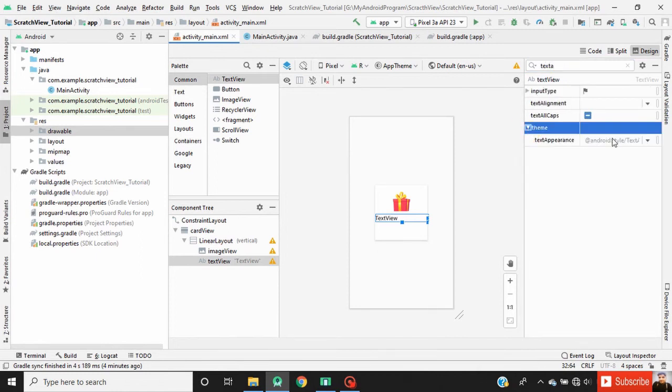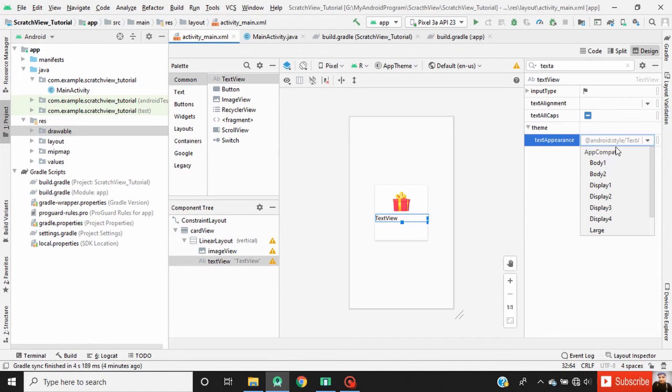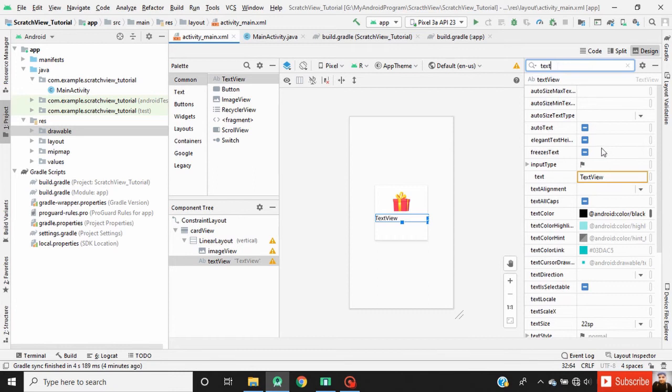Now change the text appearance to body 1. Now change the text to "you have won". Here use the symbol for rupee sign.